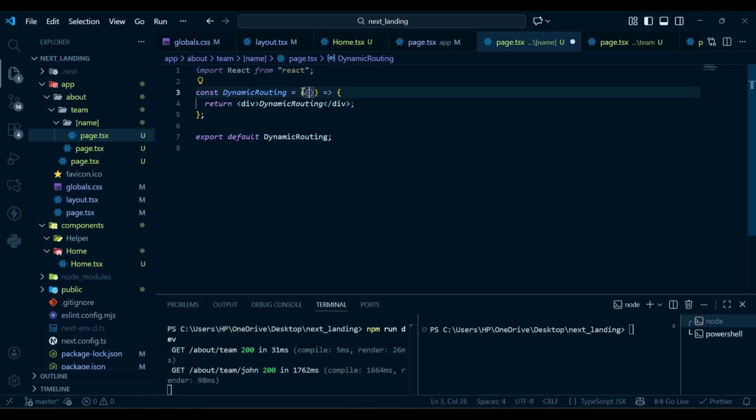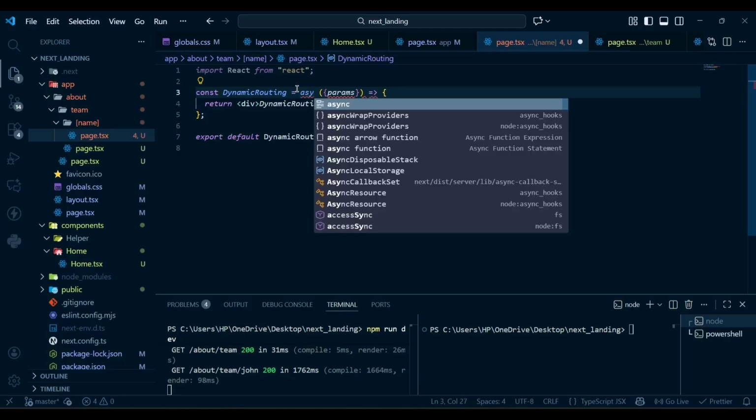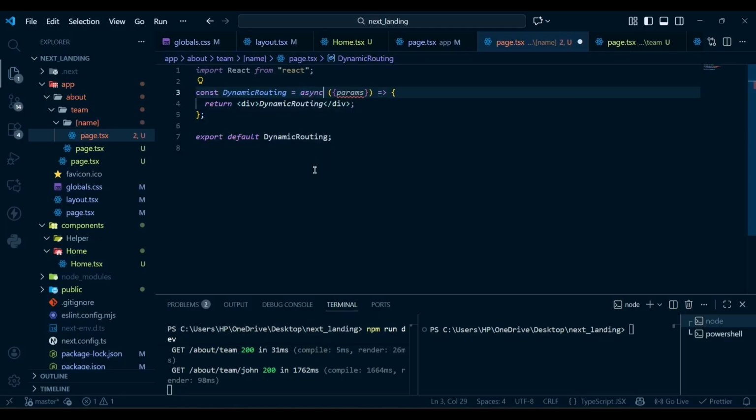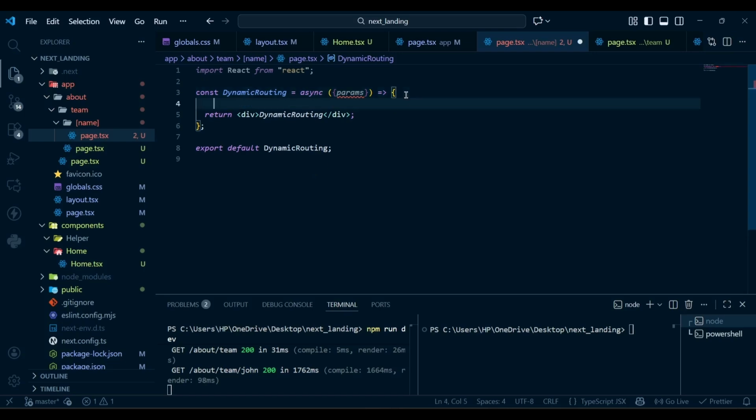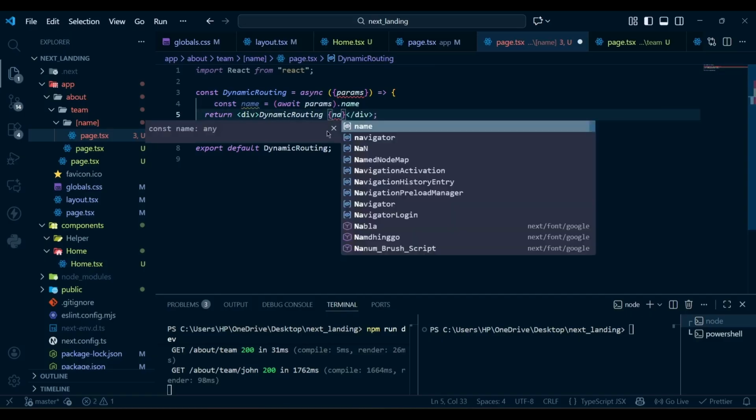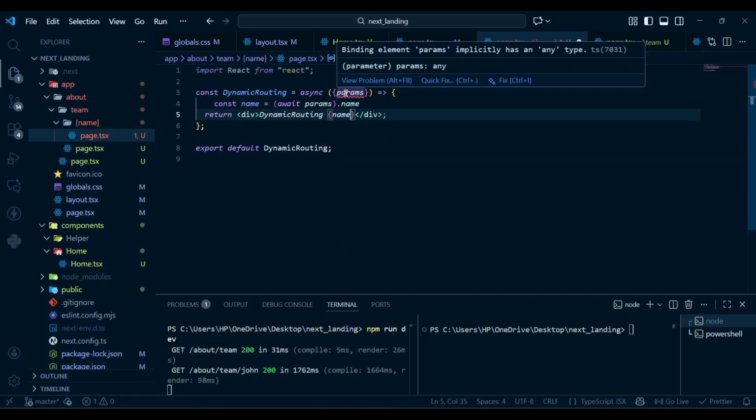But now the question is how you can access this name. So to do this, you need to use the params, and then you need to use an async to make this an async await function, because in Next.js 16 to get the params is an asynchronous operation. So here we'll get the name using await params dot name, and let's use the name here,